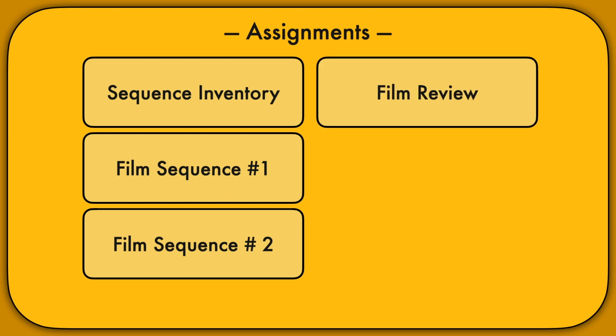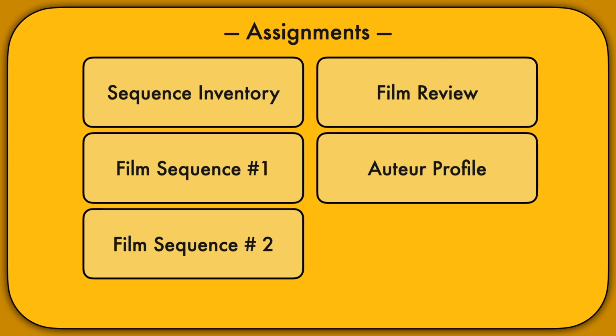Next up, you'll record a critical film review about a film, any film, so long as it's not one of the ones that we're screening in class. After that, you will create a detailed critical profile of an auteur's work by examining a few of her, his, or their films. This is, in essence, your big final paper, but as you'll see in a second,